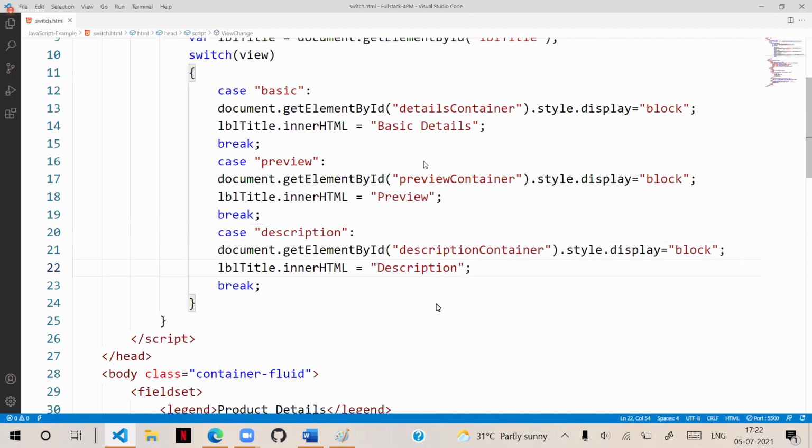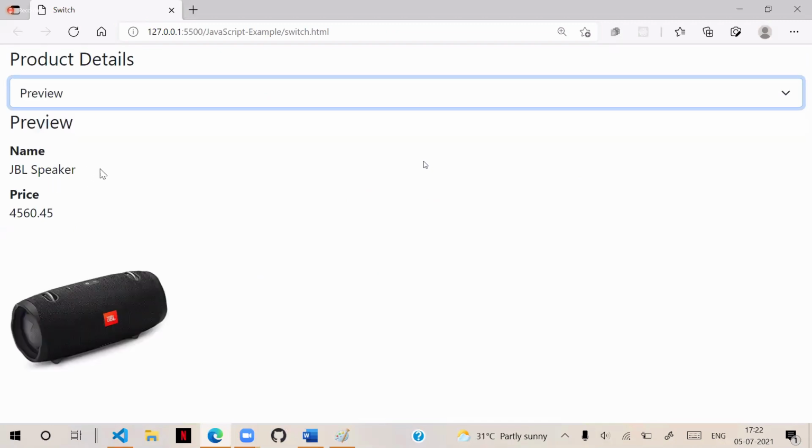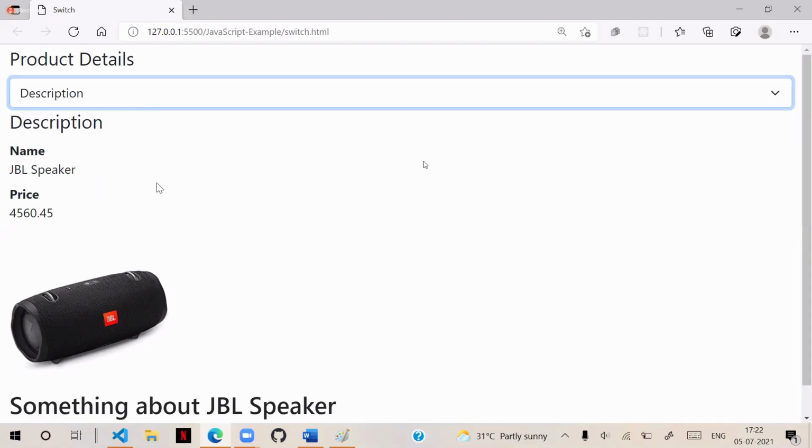So here what is happening is, basic details will come. When the user selects preview, then preview will come. But preview is added to basic details, and description is added to